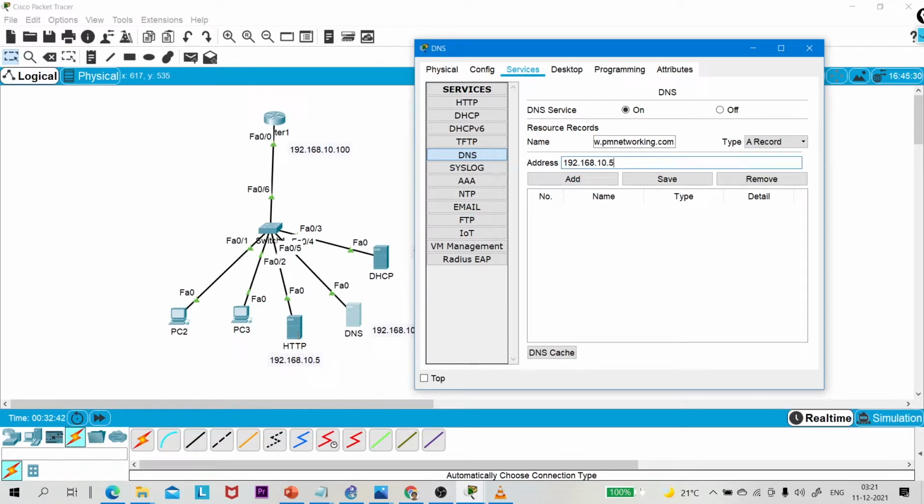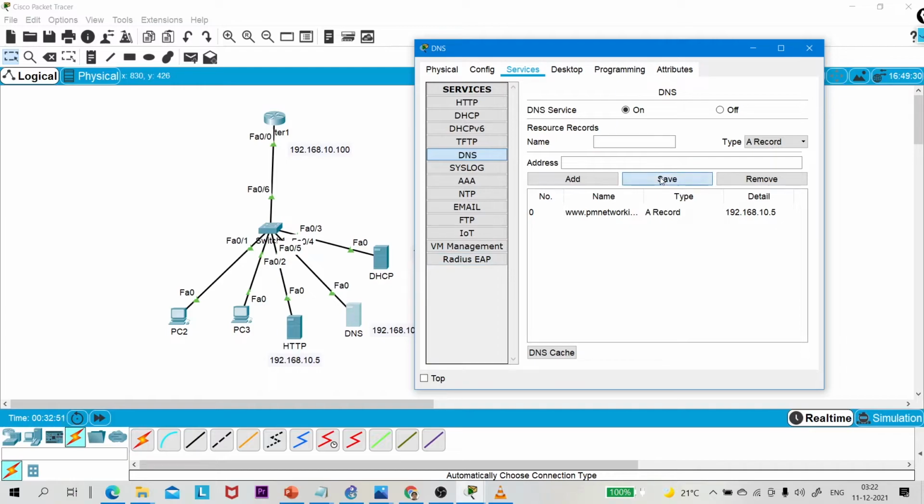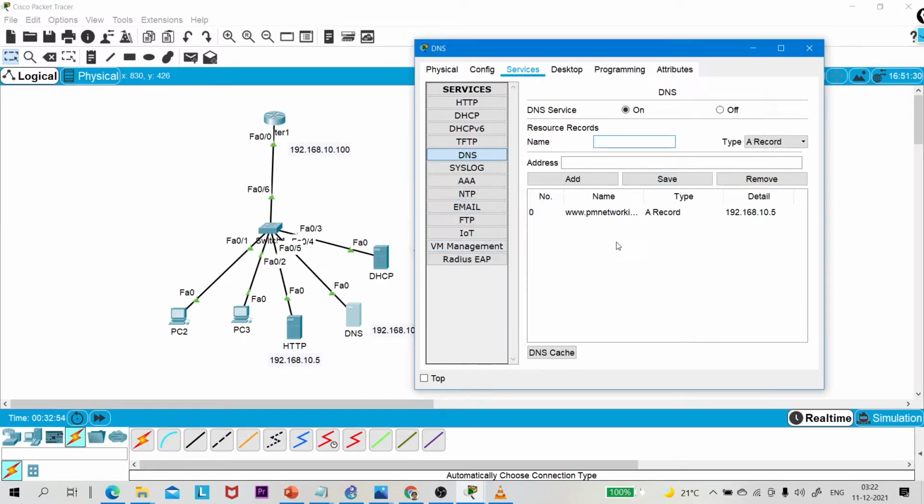This is my web server, right? Now we need to save this information, right? Add and save. What happened? Save name should not be empty. Okay, so you can see there is one entry in the DNS server, right?